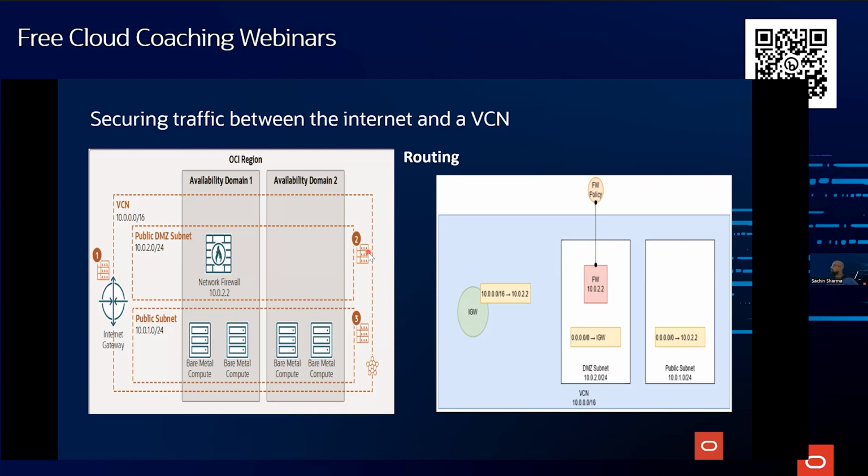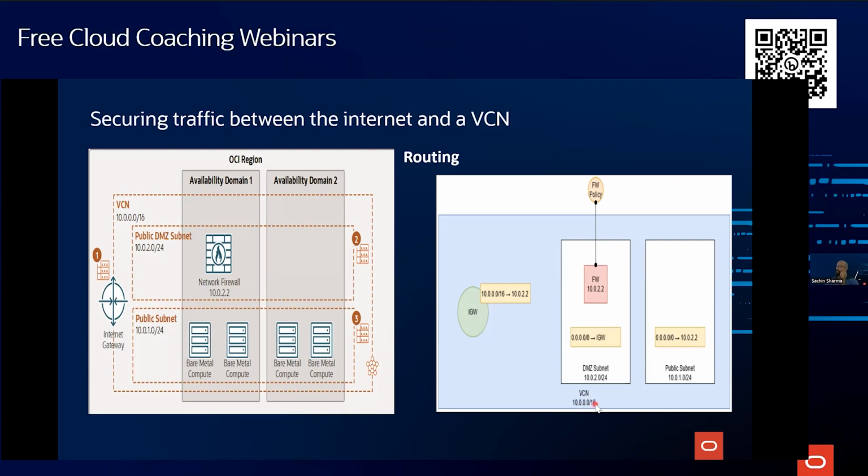Our OCI Network Firewall handles north-south traffic, that is traffic coming from outside of the Oracle data center, not within OCI. So it will come through the internet gateway like this and go to my network firewall. The network firewall will check the rules which I have applied for my machines, and then send it to my Windows or Linux machine. What is the routing which I need to set up? So this is the routing. This is my internet gateway.